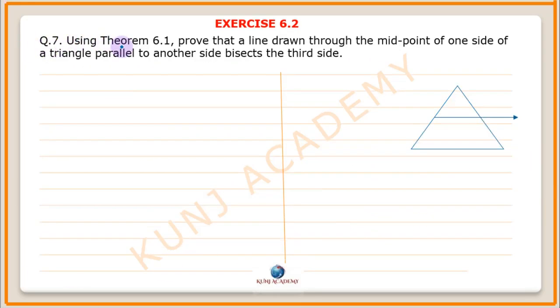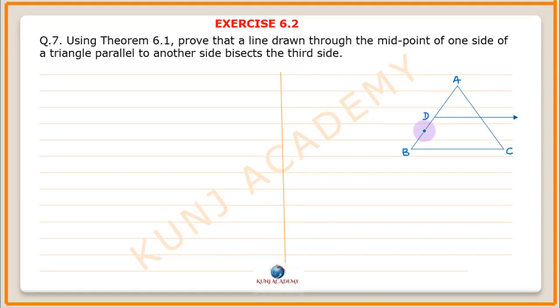Question. Using theorem 6.1, prove that a line drawn through the midpoint of one side of a triangle parallel to another side bisects the third side. Theorem 6.1 is the BPT theorem. Using the BPT theorem, we have to prove that a line drawn from the midpoint of one side parallel to the second side bisects the third side. Given: in triangle ABC,